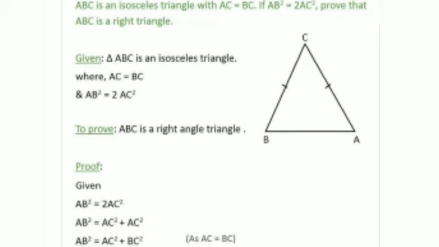So students, here triangle ABC is an isosceles triangle, which is given to us, with the side AC equal to BC, and what else is given to us, that AB square is equal to twice of AC square. So we can write AB square as AC square plus AC square because it is equal to twice of AC square, but one of the AC is equal to BC, so let us replace that. So when we do this, we are getting AB square equal to AC square plus BC square, which implies we can apply Pythagoras converse. That means angle C is 90 degrees.